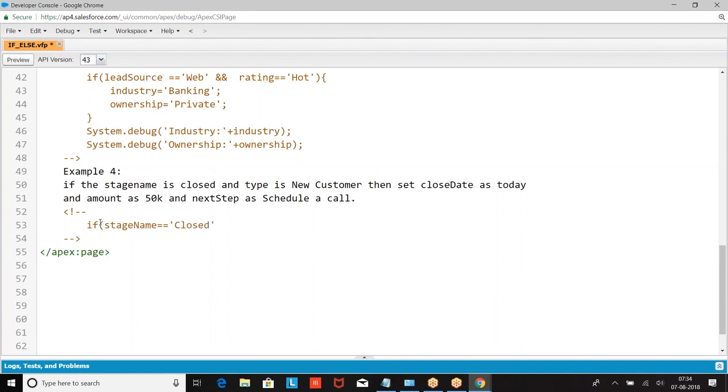If stage name is closed and amount equal to